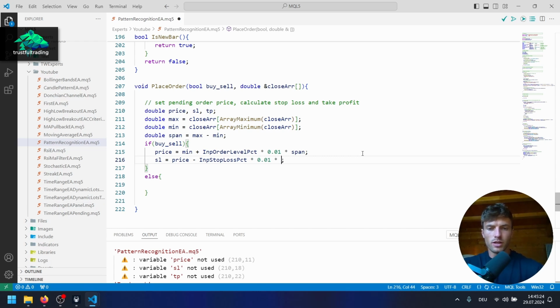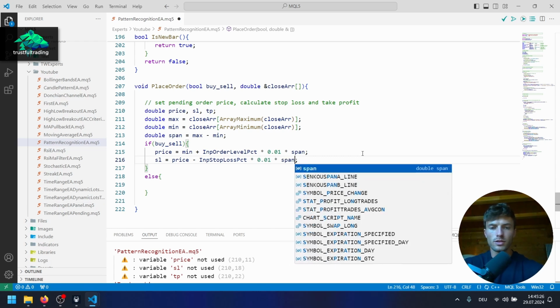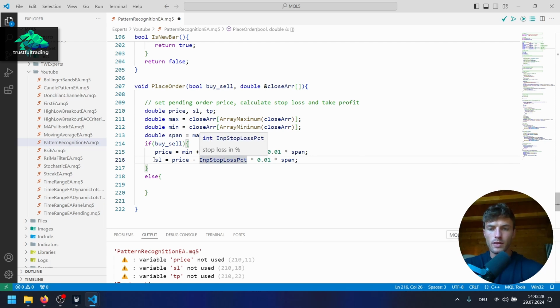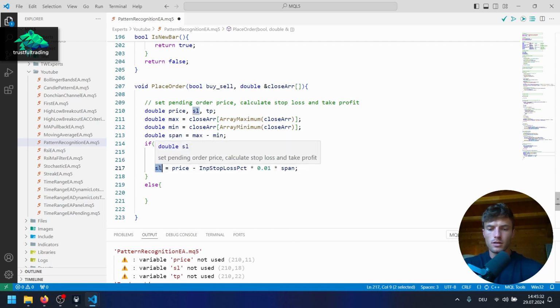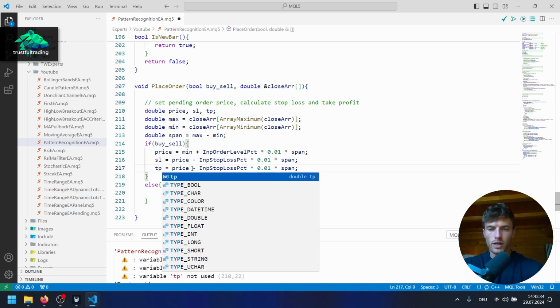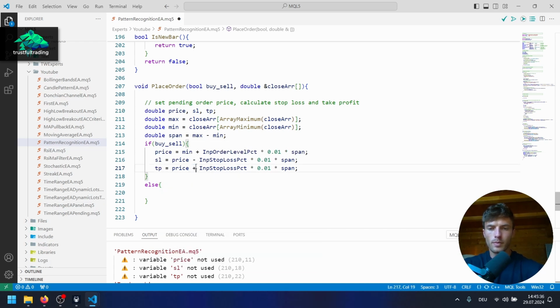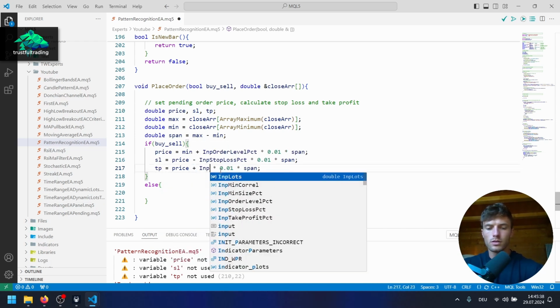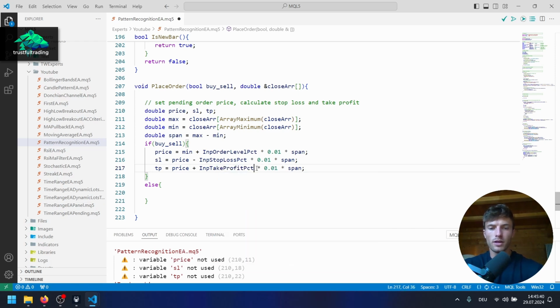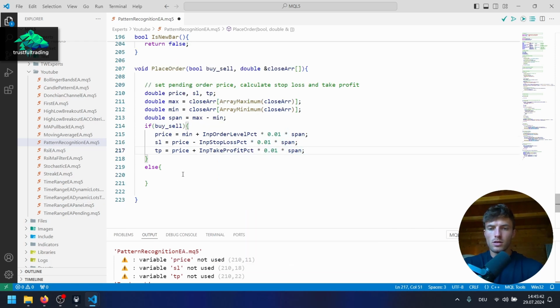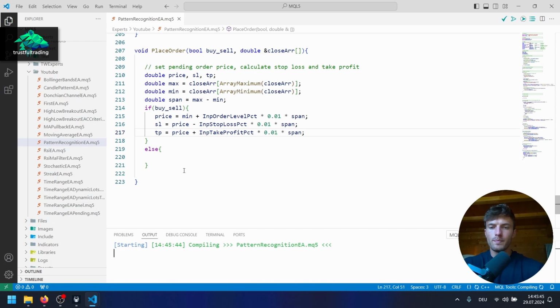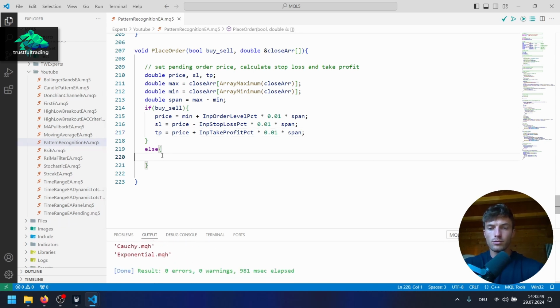Of course, we also multiply this by the span because the stop loss is a percentage of the span. And we do basically the same for the take profit, but we add here our input take profit in percent multiplied by the span. Okay, let's hit compile. Now we should have no warnings and no errors here,